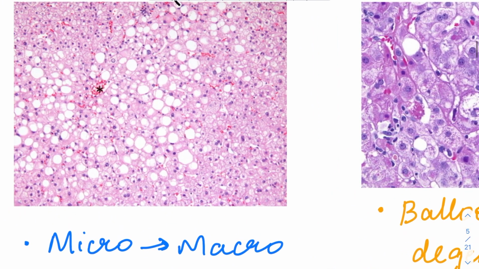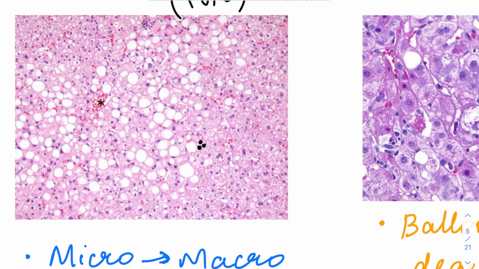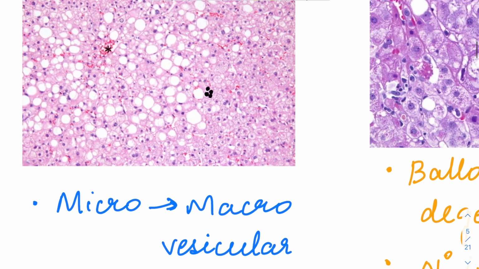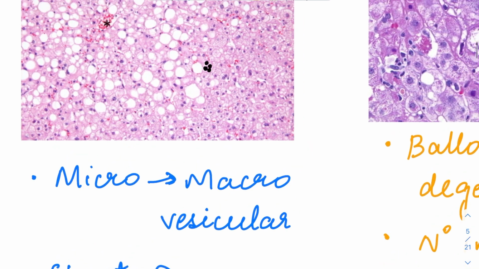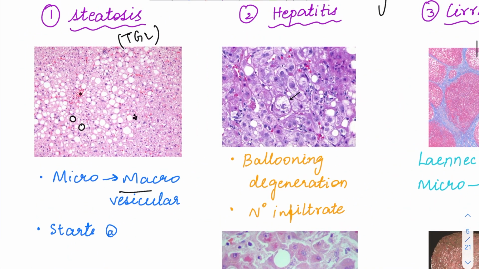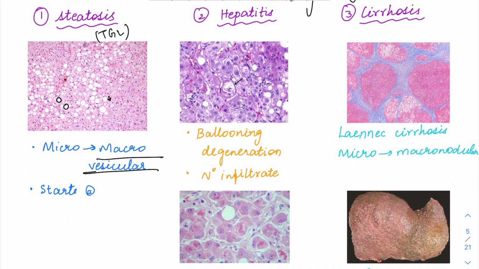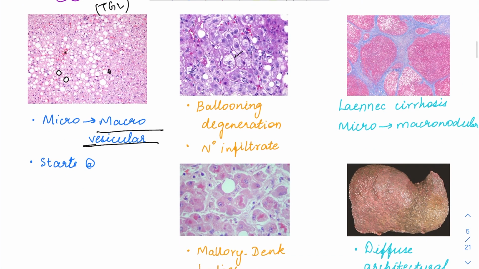In this image, you can see small vacuoles inside the hepatocytes. This small vacuolar hepatocytic degeneration is called steatosis, which is microvesicular. Microvesicular steatosis is multiple small vacuoles. While in this one, the cells look just like an adipocyte, right? The entire cell is filled with a vacuole, pushing the nucleus to the periphery. This kind of steatosis is called macrovesicular steatosis. Microvesicular steatosis can progress on to macrovesicular steatosis, and classically alcoholic liver disease starts in zone 3, that is